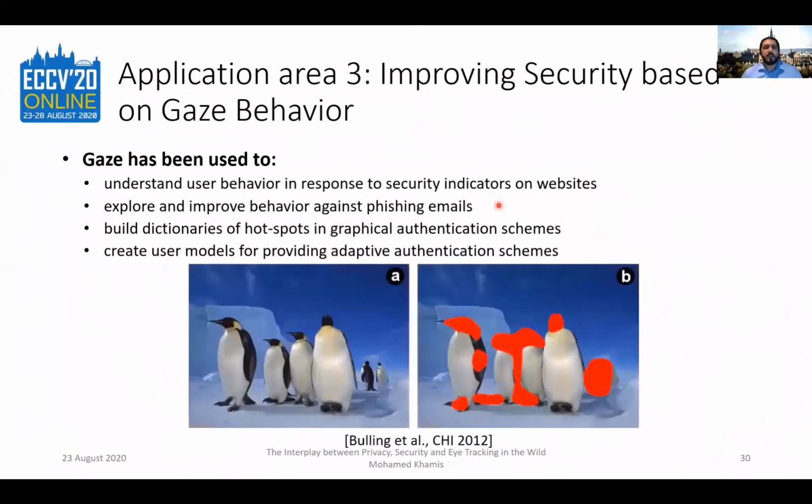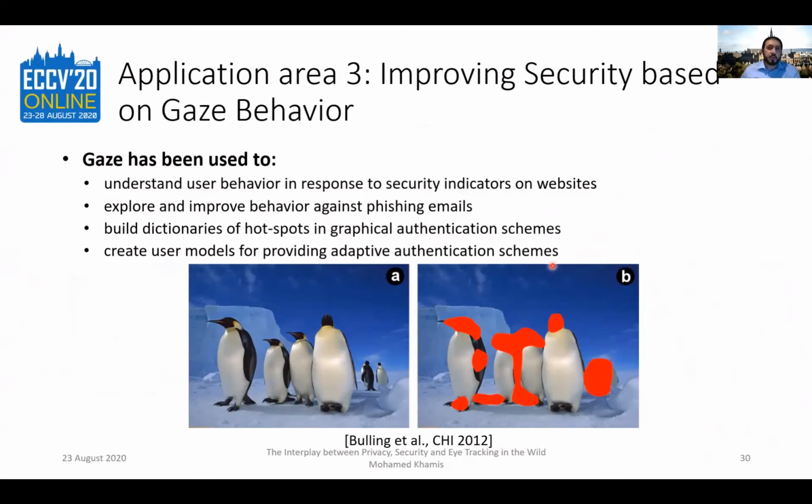You can also do things like, for example, now you can create picture-based passwords on Windows 10 and so on, and different people tend to select the same points for their passwords. There was this work by Bulling et al. that used saliency maps to determine which are the points that attract attention the most and prevent users from selecting these points, because these are the points that are more predictable to be used as parts of your password. By doing this, you're improving security, because people would then be forced to select more secure or unpredictable points for their password.